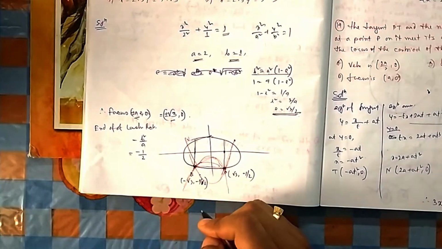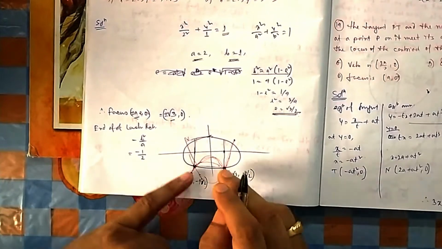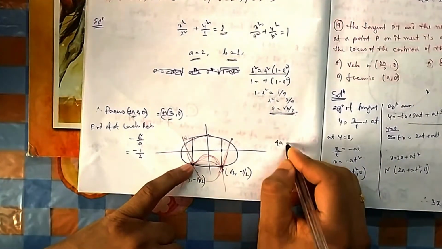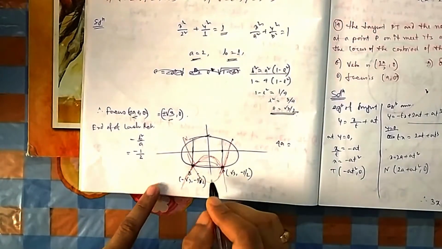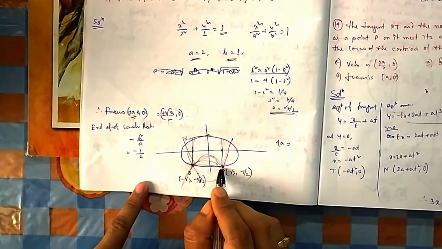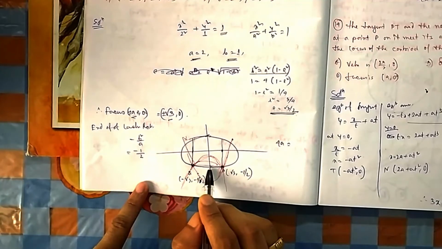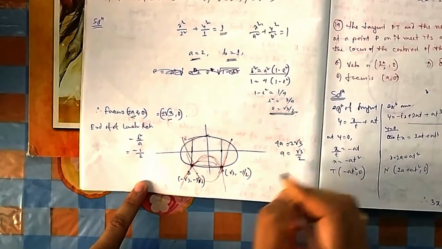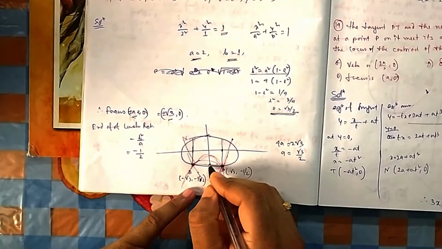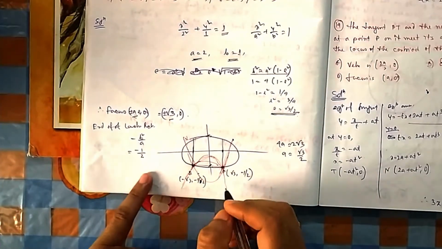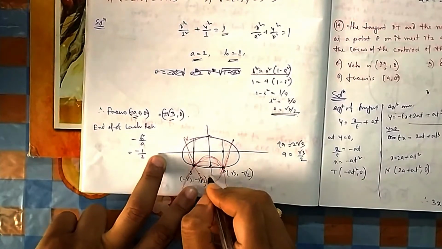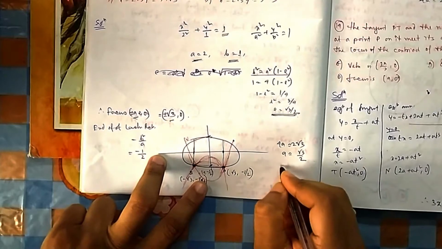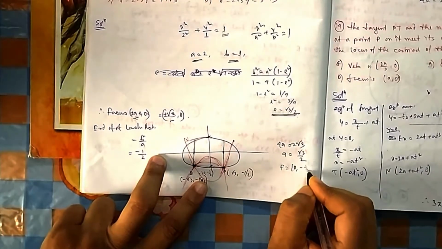So one thing that you can do, what? You can find this PQ length if you want to do it actually. So that will be equal to 4a. You calculate the PQ length, you can easily find it, because this side is half, this side is √3, this side is also √3. So 4a is equal to 2√3. You can calculate a is equal to √3 by 2. So once you know a, what is this point? This point will be the focus. So what is the focus? The focus will be, this height is -1 by 2, so (0, -1/2). So you know the focus also, (0, -1/2).